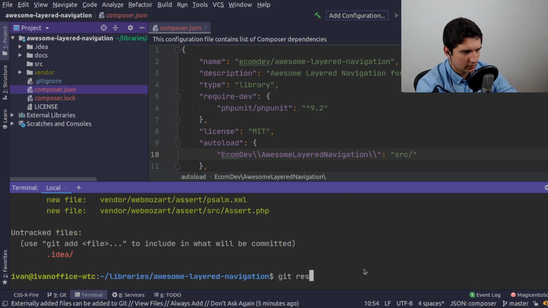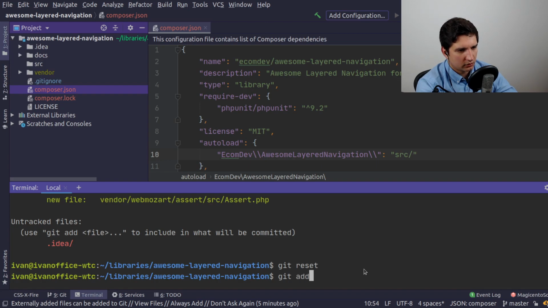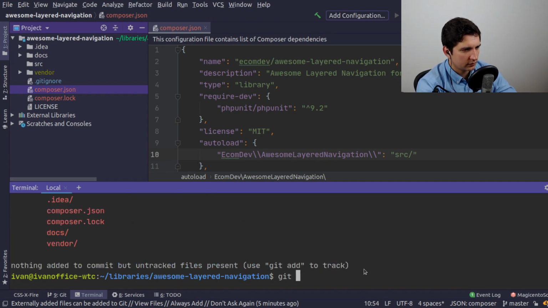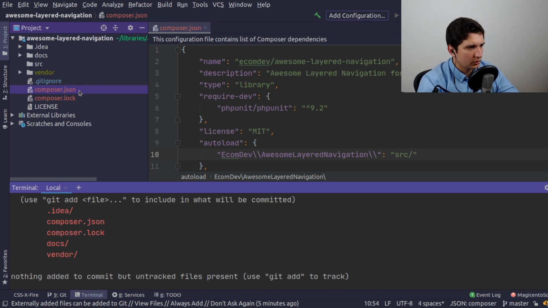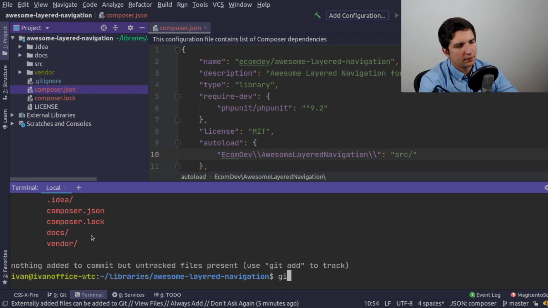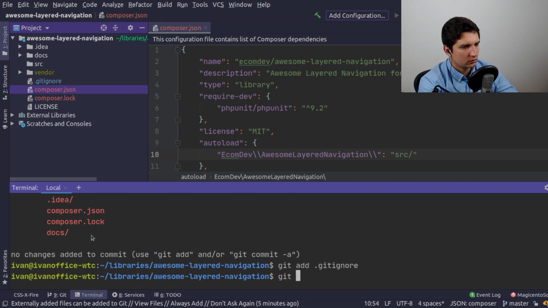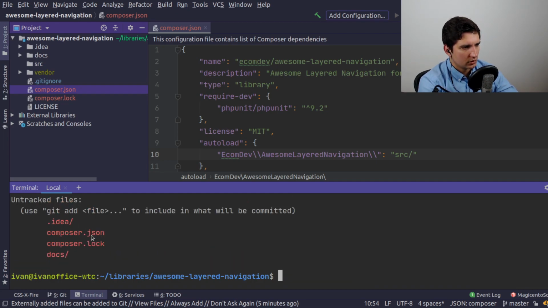And git reset, because I didn't want to add vendor. I would add first git ignore, right? So vendor should be outside of it. Oh yeah, run git apply and ignore, and now the vendor directory is finally